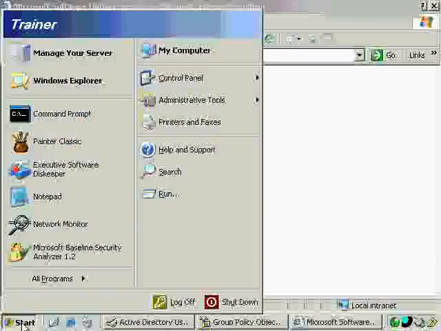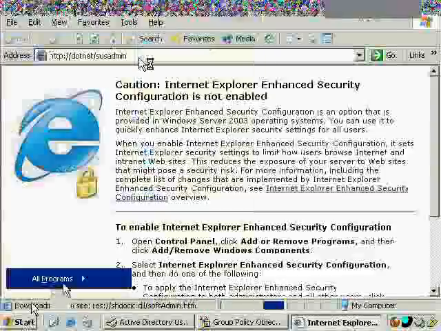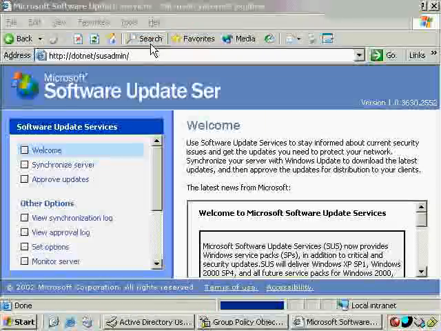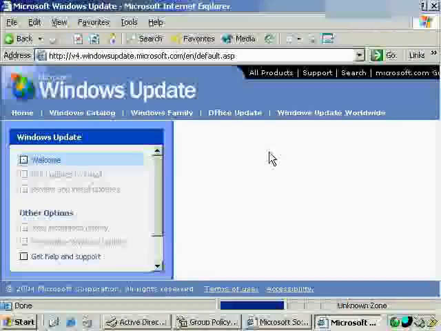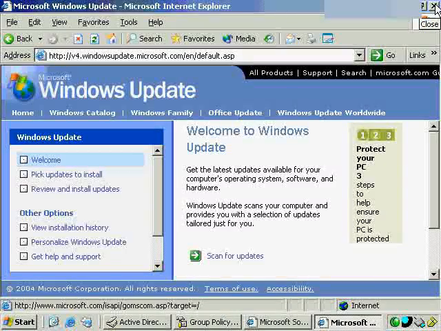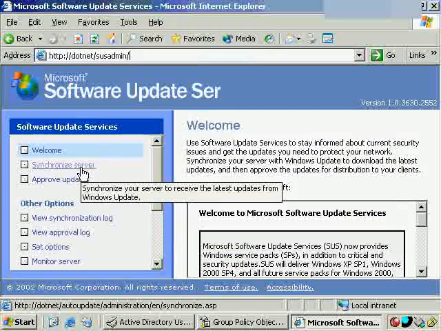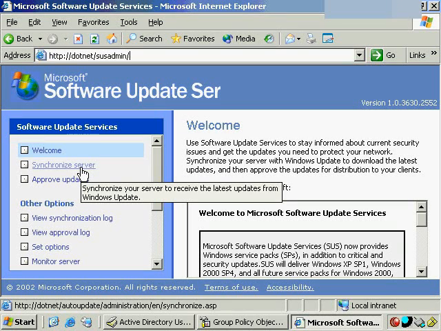And then what we're going to do is be able to look at this update server. This is a replacement for Microsoft's own update service where you click on Windows Update here, typically using Windows Explorer, and where it asks you to search for the updates and pick updates to install and all that stuff. Well, that's an internet connection that Microsoft runs, whereas I might rather use this instead, HTTP, the name of my server, followed by SUS admin, because what I can do is to synchronize the server,